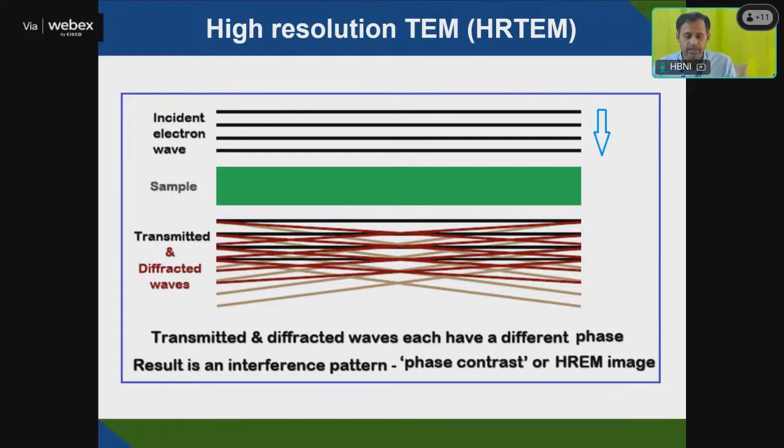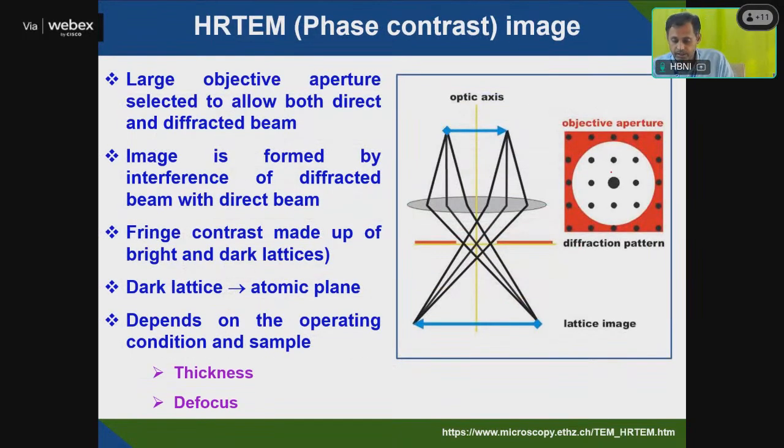The fourth thing is high resolution TEM, which uses both the transmitted beam and diffraction. You can see the incident beam and then the sample is here, the beam falling parallel on the sample surface. Then you have a diffracted beam and a transmitted beam, both are coming. They will interfere with each other, and because of the interference you will get a phase contrast, a high resolution image. That means you can see here your aperture is so big